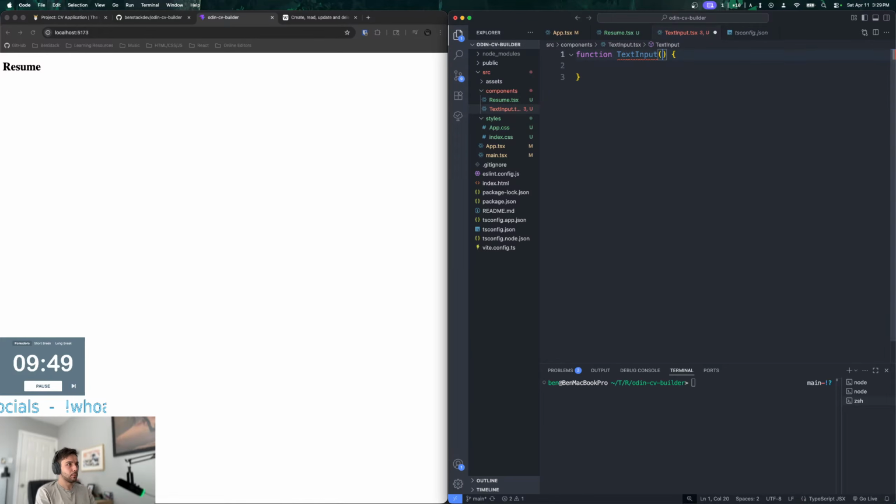And then it's going to get some props, right? It's going to get a label and an on update. Or what should I call it? On update? On change? Update handler? Something like this, right?